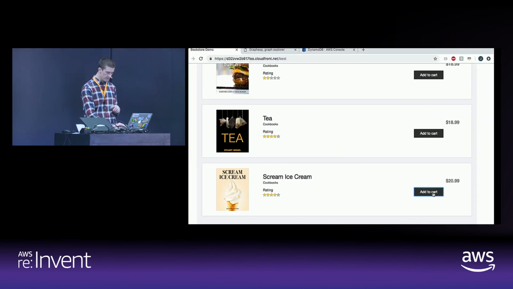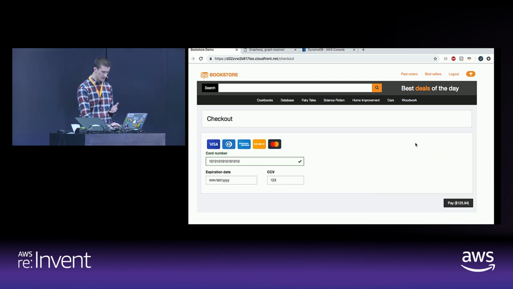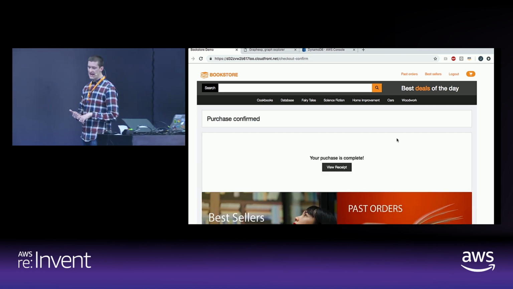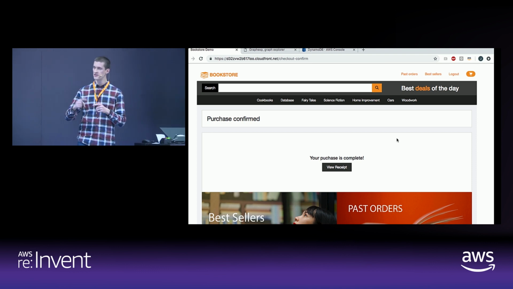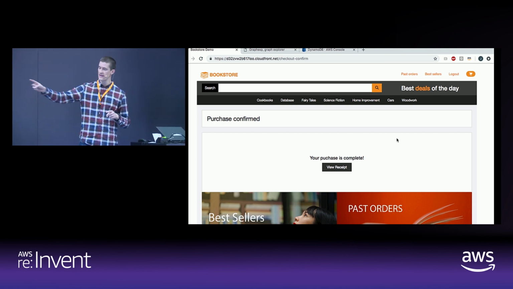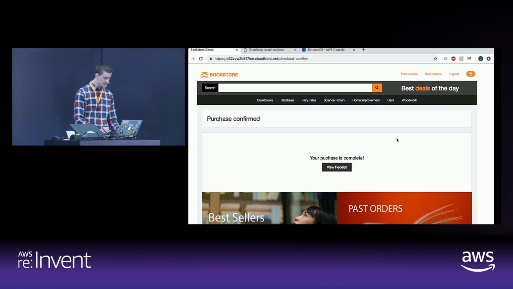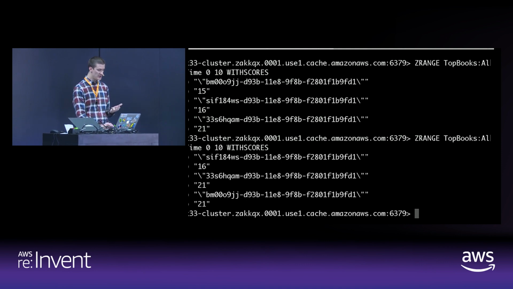So we'll go down to ice cream, and we'll add 6 items, we'll check out, and we'll pay. Just like we did with Elasticsearch, we also set up a stream on our orders table. So every time we write to our orders table, we're going to write that to our sorted set in Elasticache for Redis. And if we go back here and we update this, right, we can see now that the top item is 21 purchases, and